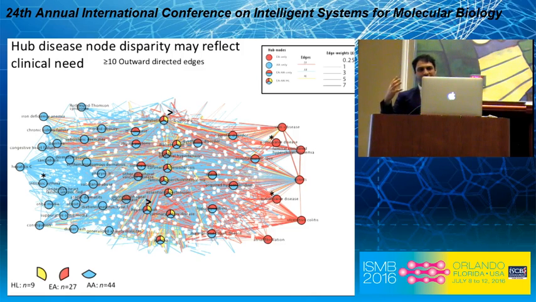Furthermore, in this analysis the disparity in these hubs may reflect some clinical need. There are certain diseases in the African American only hubs that may stem from these diseases not being managed properly. Some of them are known, like hepatitis C and type 1 diabetes, but even diseases like constipation and diaper rash could just not be addressed properly in the population, which could direct future